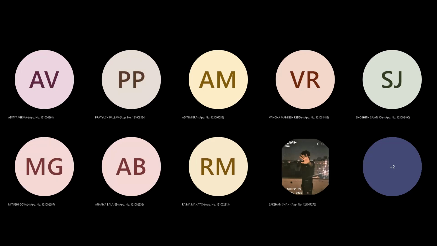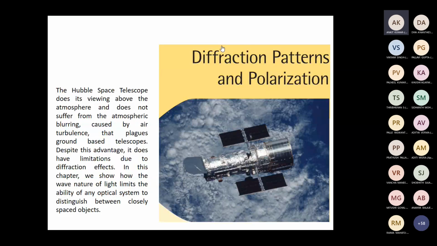You may recall in the previous class, I mentioned that while discussing interference, we chose a condition that the width of the slit is negligible, in the sense that we were not at all considering the diffraction effect. So we were discussing only the interference, neglecting the effects of diffraction. In this chapter, we are going to study the effects of diffraction, and at the end, you will be studying the concepts of polarization.